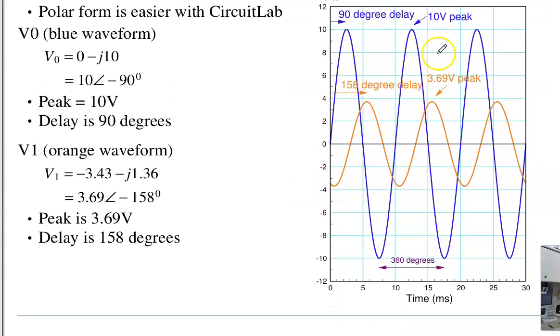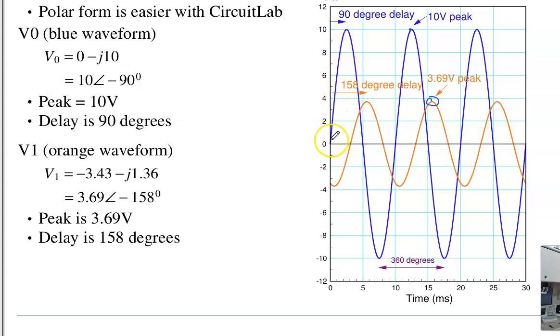What I get is, this is V0. It's a 10 volt peak. I knew that. This is your V1. The peak is 3.69 volts. Notice this is V1 in rectangular form. In CircuitLab, polar form is easier to see. This number in polar form is 3.69 at minus 158 degrees. The amplitude is the peak. The peak will be 3.69 volts. The minus 158 degrees is,